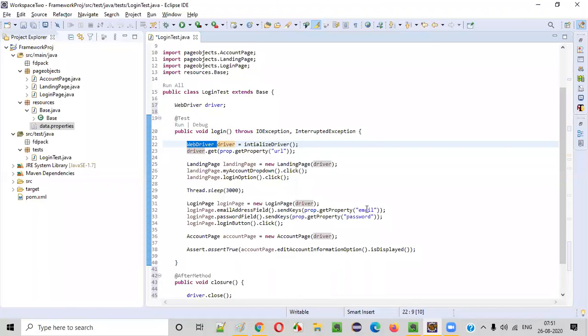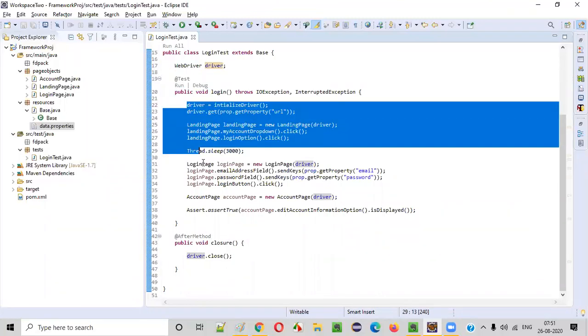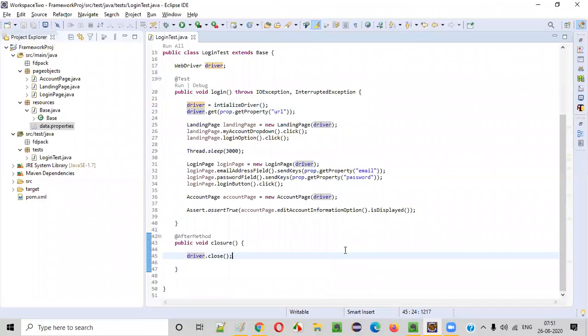Some common mistake everyone will do. Once they declare it and make it global, they will forget to remove the declaration from inside the methods. That will cause problems. They will not understand why the scripts are not working afterwards. If you make this global, you have to remove it from local. That's it, guys. I think this should work this time.